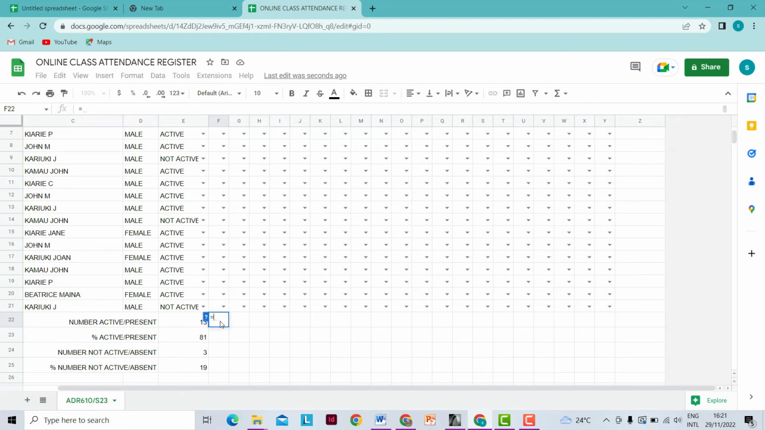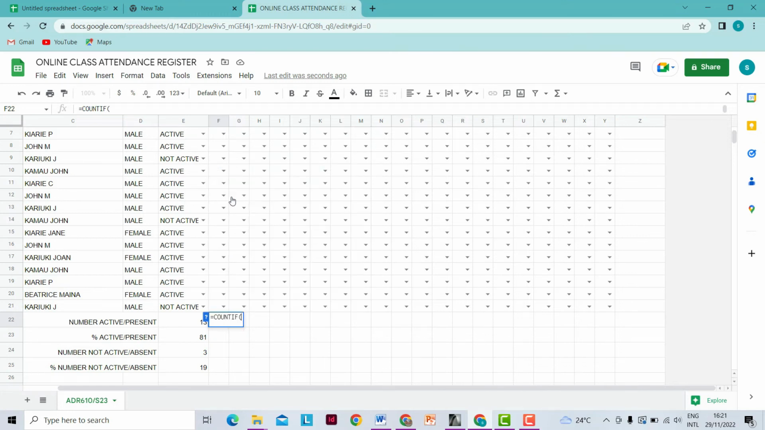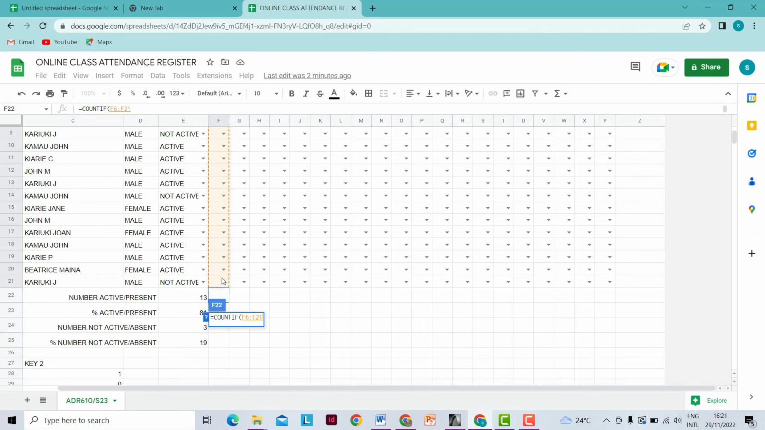So we'll put equal sign, then type count. If we can then select COUNTIF, we want to know the trainees who are present for this particular lesson. So we will select this data range all the way to student number 16, and then we will put a comma, then open quotation mark, because we want to count the number of ones